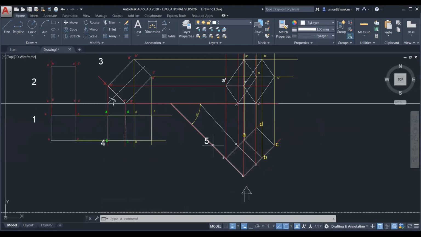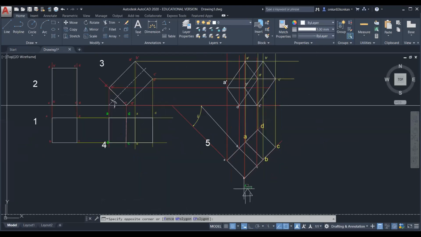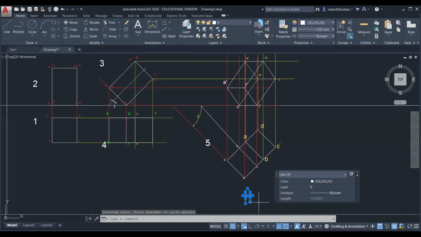So this is the fifth step in the drawing, and this is the last step. To complete this view, that is the final front view, you have to observe from this direction. So this is the direction of observation. That means you imagine you are standing here and you are observing the prism from this direction and then complete the final stage front view.